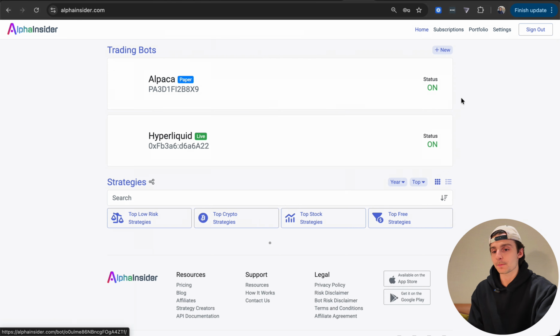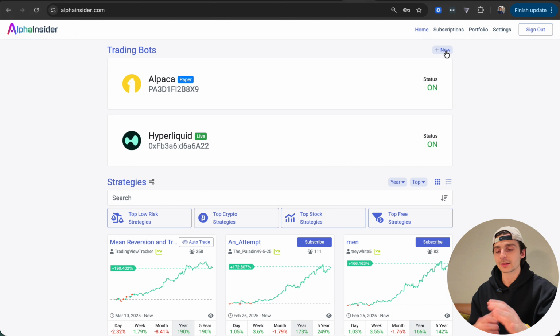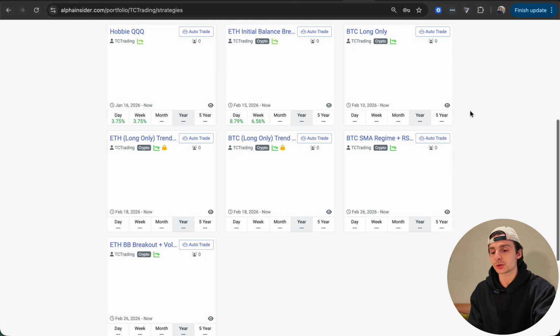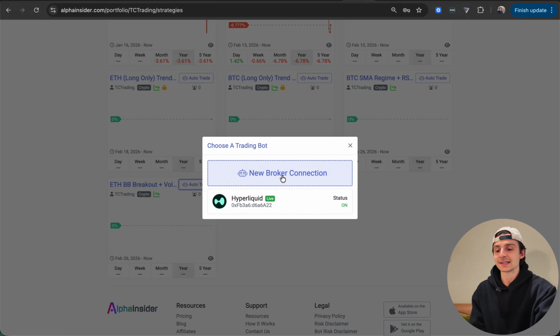Now what I'm going to do is, if I don't already have a trading bot, click on the new button under trading bots on the home page. Or I can go to my portfolio, pull up those trading strategies that I just created, and click on the auto trade button right here. It'll get you to the same place. Click on auto trade. It's going to either ask for an existing trading bot that you already have, which I have one, or click on new